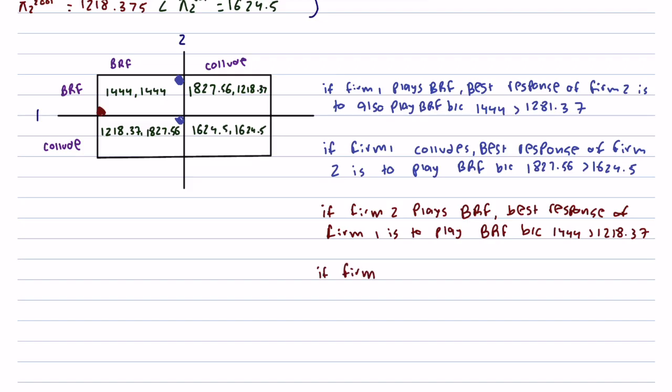Finally, if firm 2 colludes, we know that we're looking at these two boxes because firm 2 colludes. So firm 1 can either play their BRF and make $1,827.56, or firm 1 can collude and only make $1,624.5. Well, obviously, firm 1 is going to play their BRF because they make more money. So if firm 2 colludes, the best response of firm 1 is to play BRF because